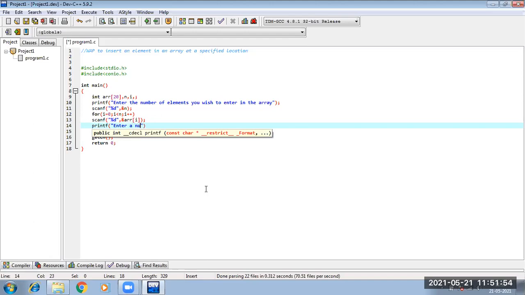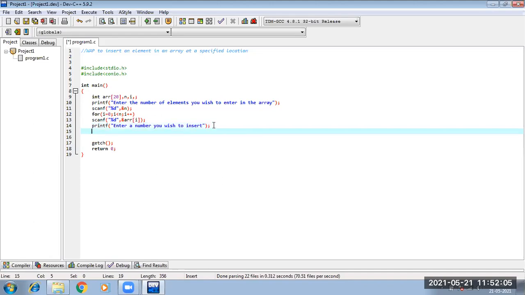So, let us write a sentence. Enter a number you wish to insert. And then I will have to take this number from the user. I am taking it in the variable num. Earlier we took the number in the variable item.